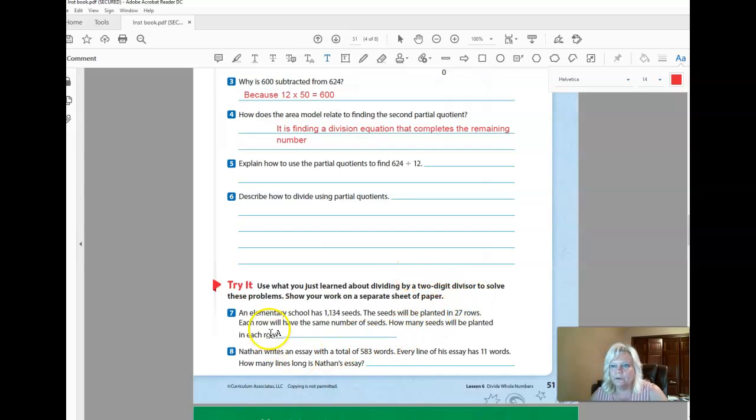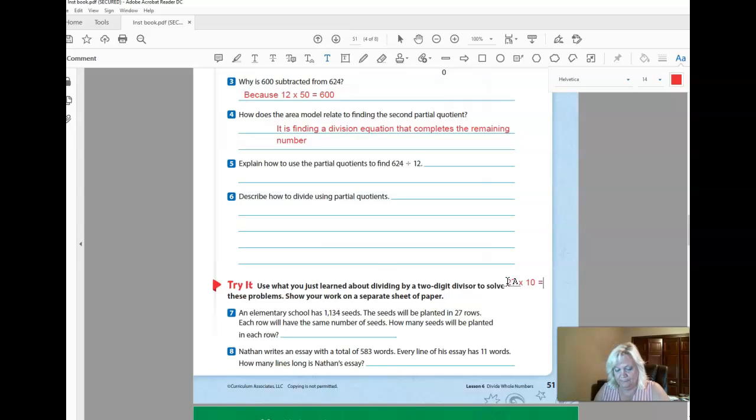It says an elementary school has 1,134 seeds. The seeds will be planted in 27 rows. Each row will have the same number of seeds. How will the seeds be planted, and how many seeds will be planted in each row? So this is 1,134 divided by 27. The very first thing that you should do is get your table going where it's 27